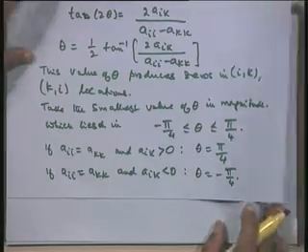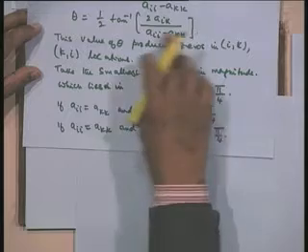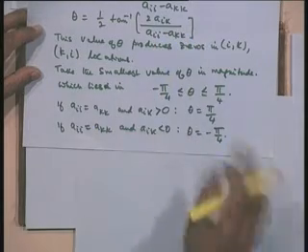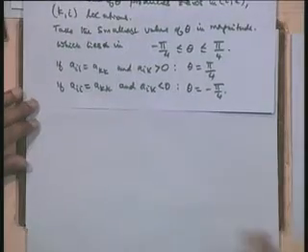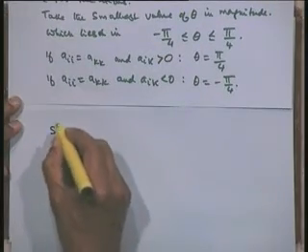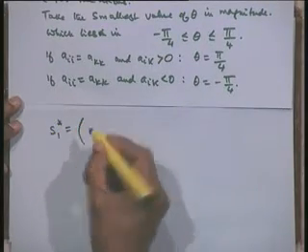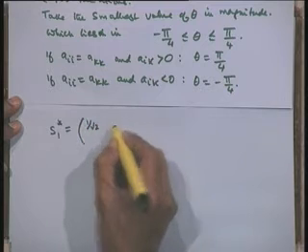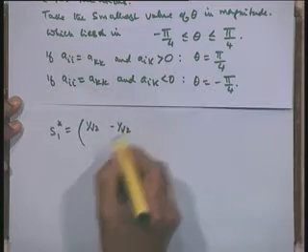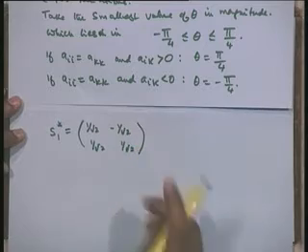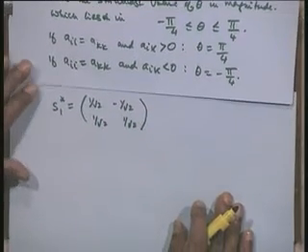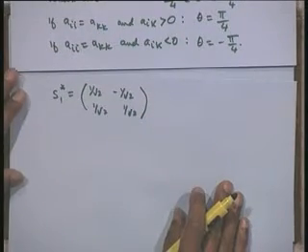Therefore, if in any particular case we are fortunate to have the diagonal elements equal, then they are going to cancel, and the rotation will be by an angle of pi by 4. The matrix S1 star would look very nice, because in that case S1 star will simply be cos of pi by 4, 1 by root 2, sin of pi by 4, 1 by root 2, 1 by root 2, 1 by root 2. The rotational matrix looks very simple for our computational purposes.